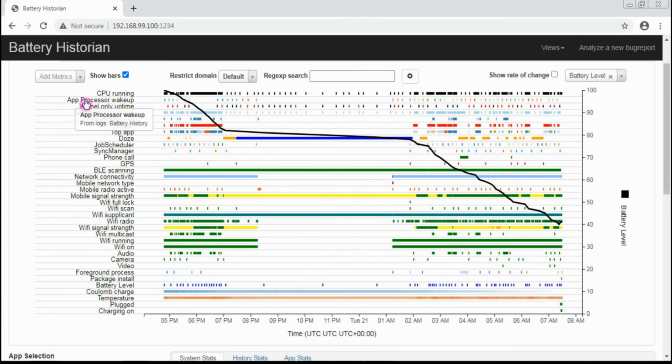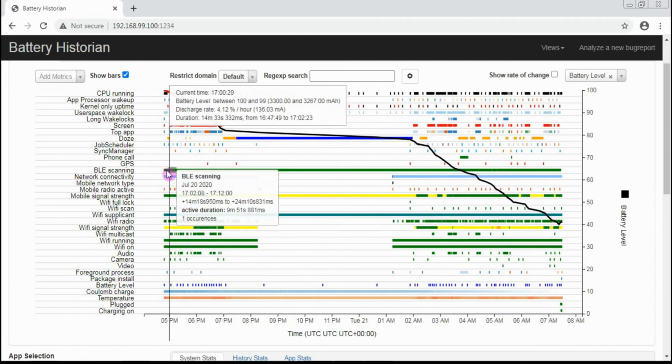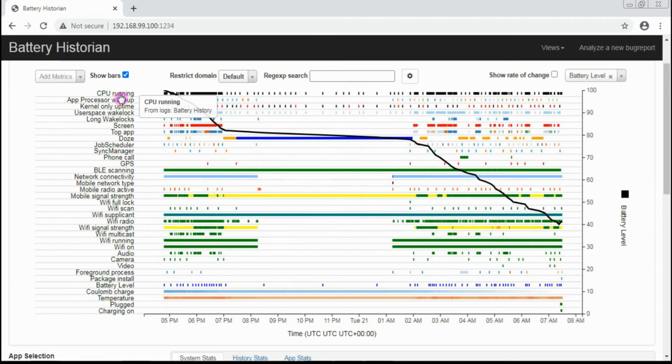On the left side vertical axis, you will be able to see all the processes which are mapped. With the processes, you will see a line which indicates when that process was active. The first process is your CPU running process.